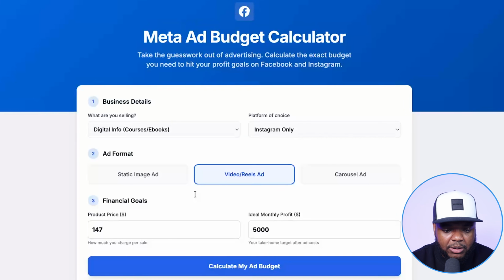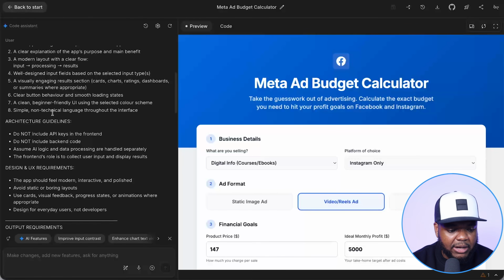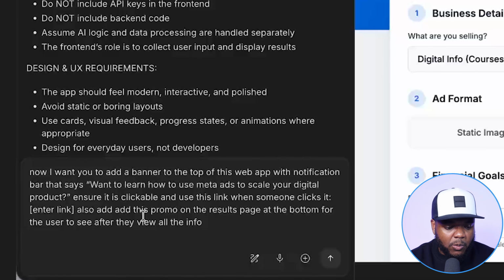But the way that I'm now going to be able to monetize it is by promoting my digital product or whatever product I want on it. And to be able to do this, it's also very simple. So now that I'm happy with this, I could just leave full screen and come back over here to the prompt box. And what I can now do is enter this that says,